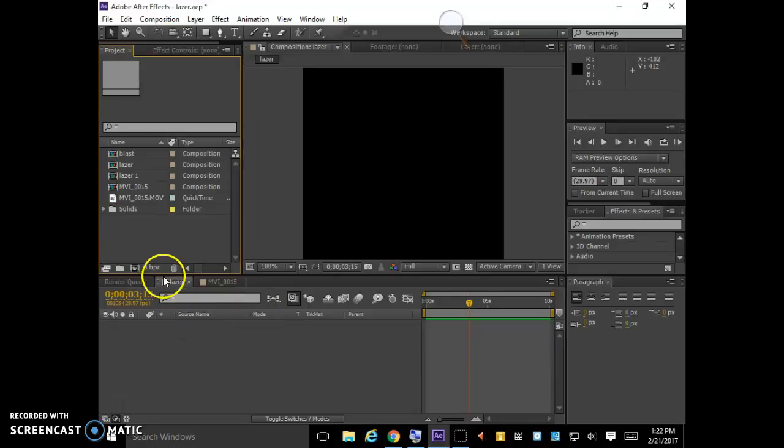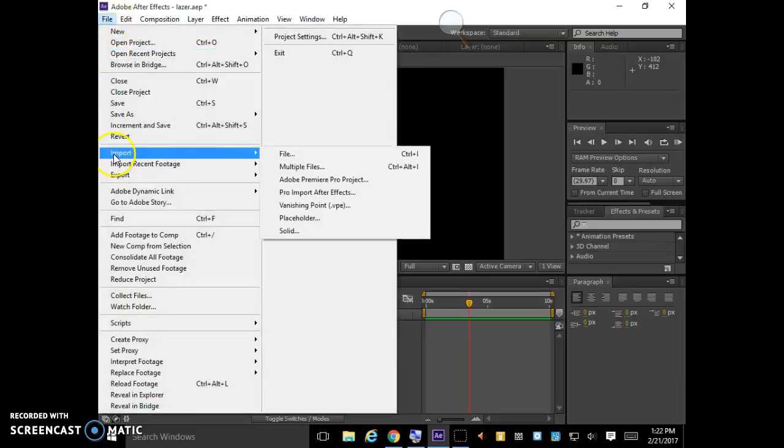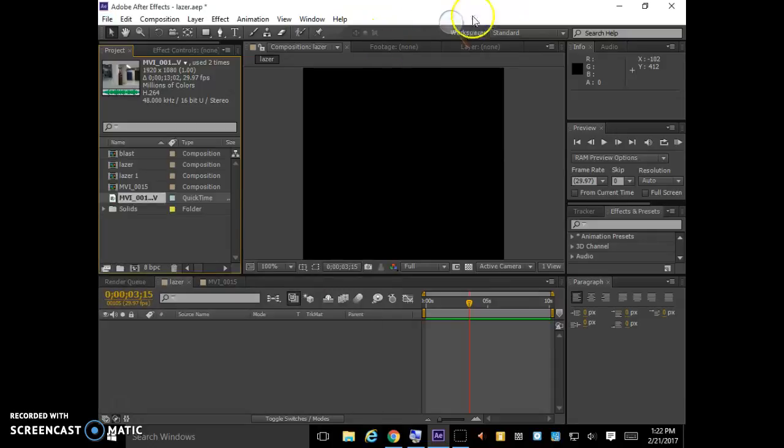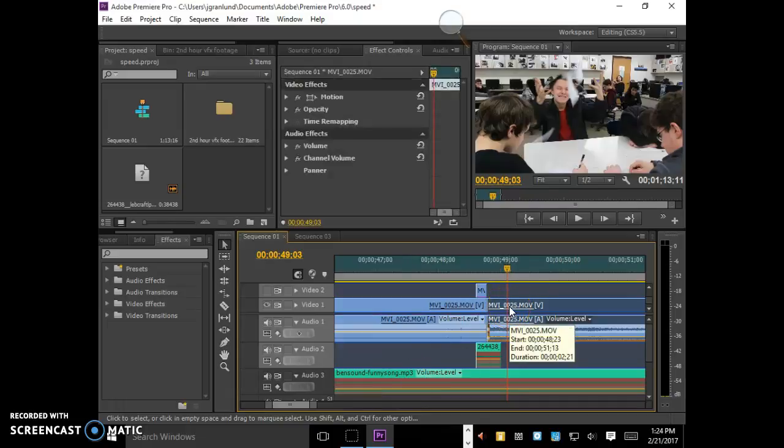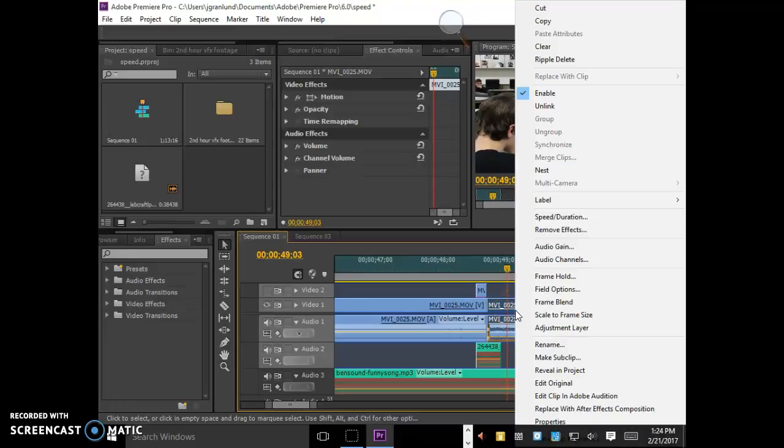So let's follow along. The first thing you need to do is import your footage by going to File, Import, and File. If you're in Premiere, you have another option. For instance, if I wanted to use After Effects to put an effect on this clip right here, I could very easily right click and go to